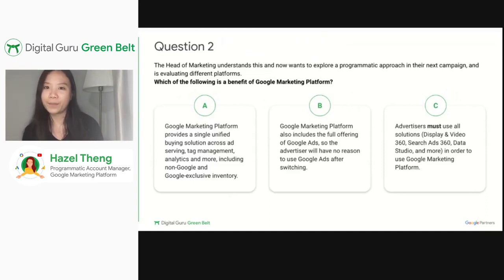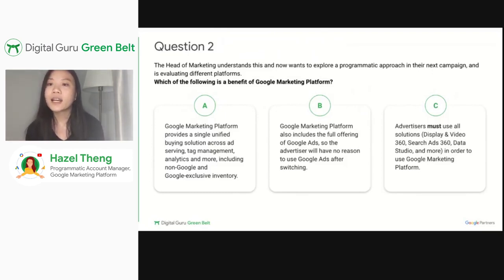A. Google Marketing Platform provides a single unified buying solution across ad serving, tag management, analytics, and more, including non-Google and Google exclusive inventory. B. Google Marketing Platform also includes the full offering of Google Ads, so the advertiser will have no reason to use Google Ads after switching.